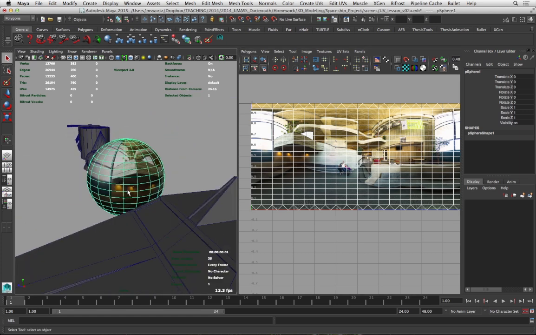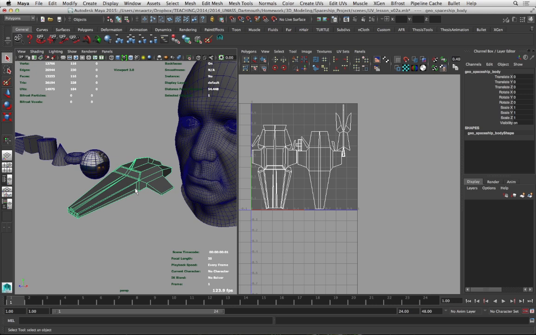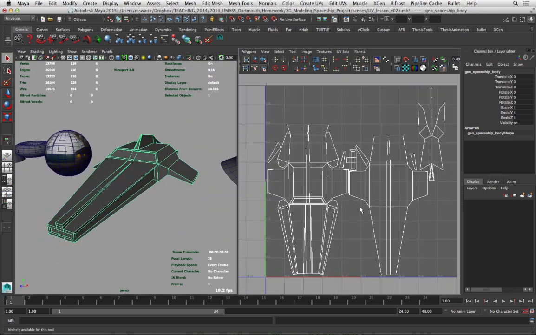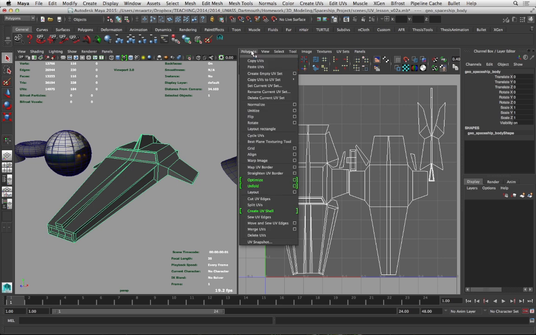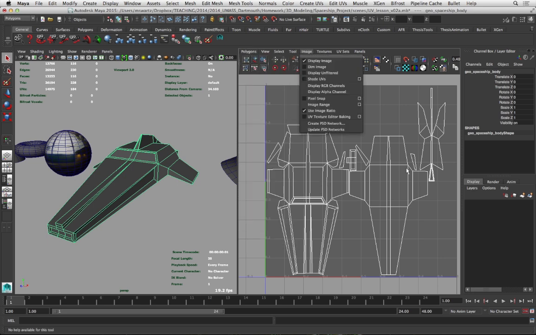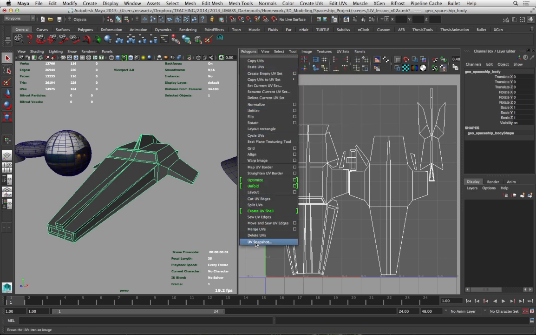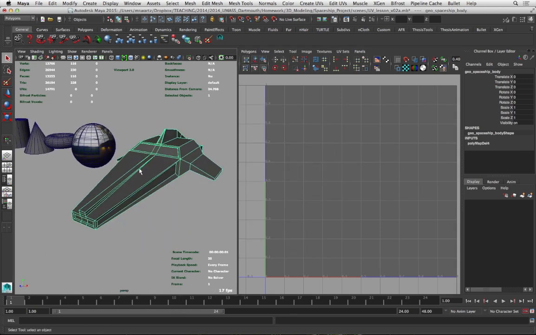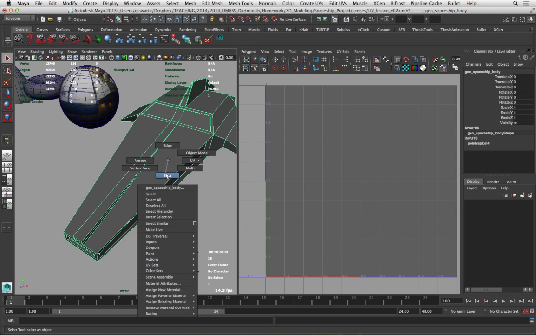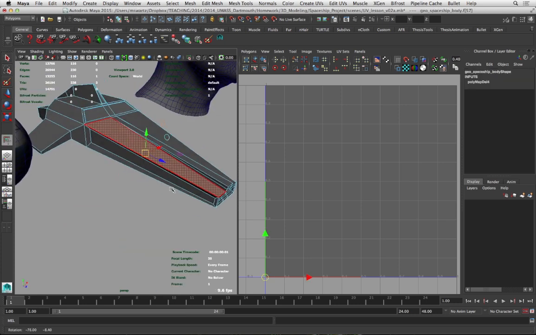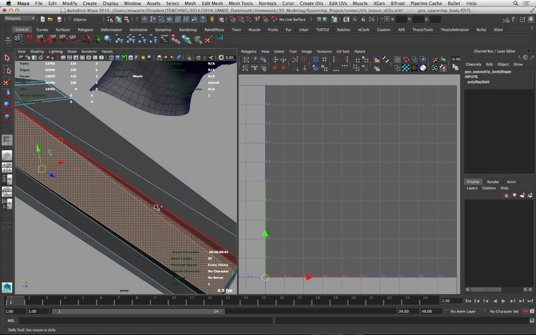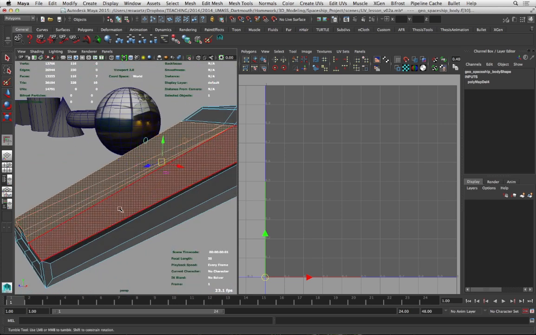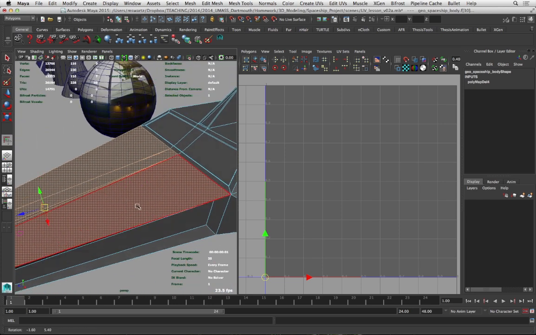All right, next thing I'd like to look at is the spaceship here. And I did already put UVs on this, but I'm going to delete them and show you how I went about creating this layout. So I'm going to delete the UVs, and basically what I do is I select the faces that I think I can make into it using a single projection. So I'm going to just select the tops here,